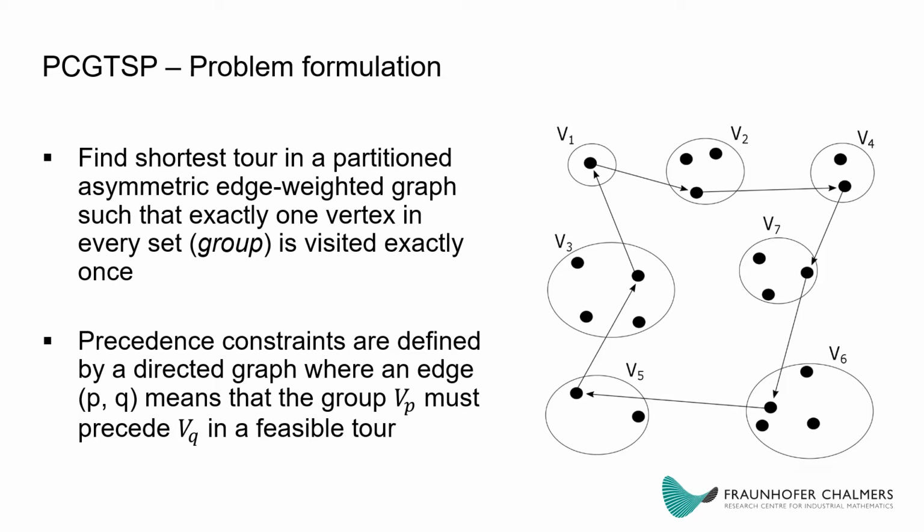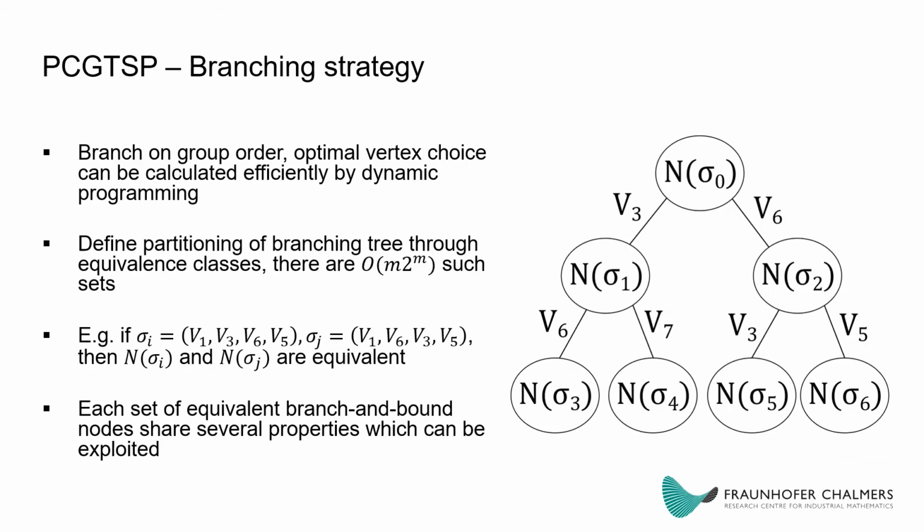in a feasible tour. The reason for studying this problem is that it arises naturally in many applications in the manufacturing industry. There are many processes which require an efficient ordering of tasks, which can be performed in several different ways. Moreover, there may be some partial ordering imposed on the sequence of tasks because of purely physical constraints or other process-specific reasons. Our main contribution in this work is a novel branching strategy for the GTSP, together with an adaptation of a specialized pruning technique first proposed by Shubaki and Jamal in 2015 for the non-generalized case of the same problem.